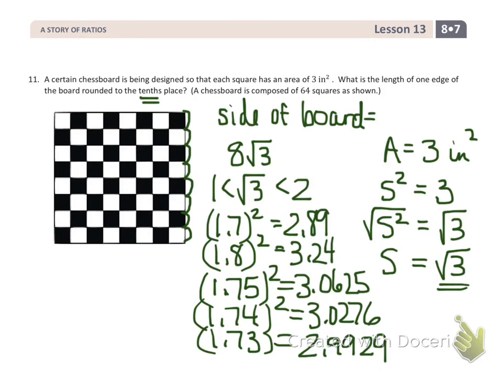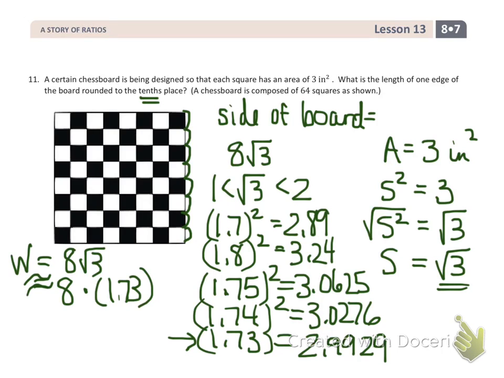So we're going to use 1.73 for our approximation of the square root of 3. So the side of the board, we'll call it the width, W. It's either the width or the length, is 8 times the square root of 3, which is approximately equal to 8 times 1.73,